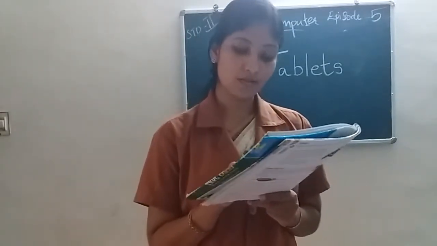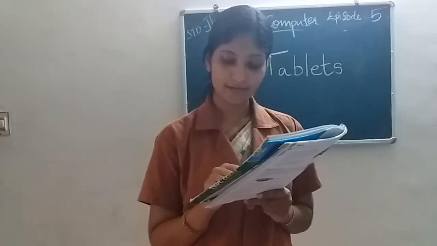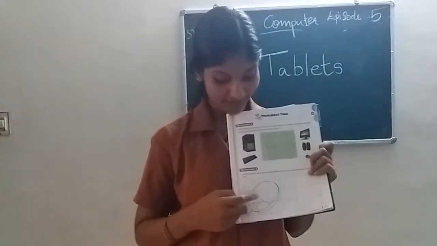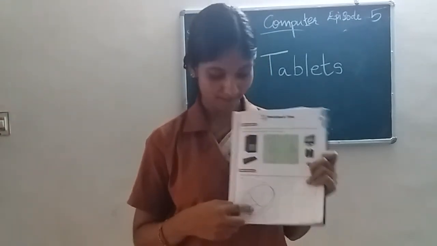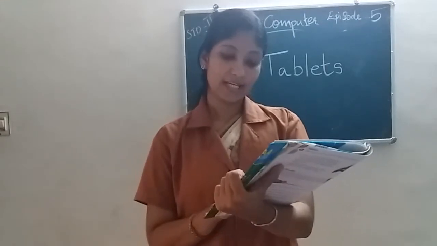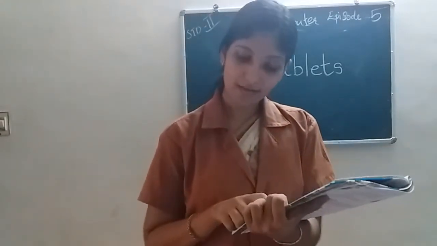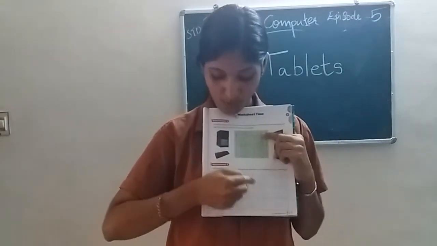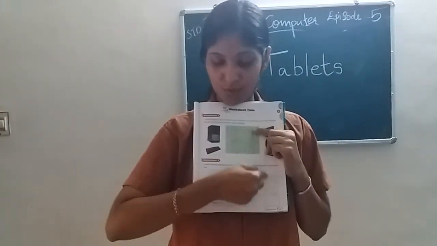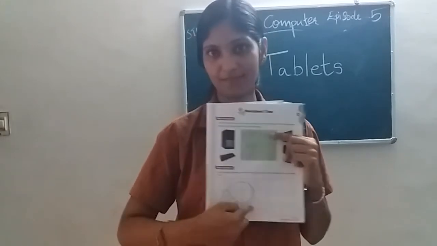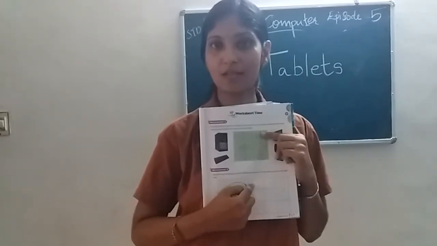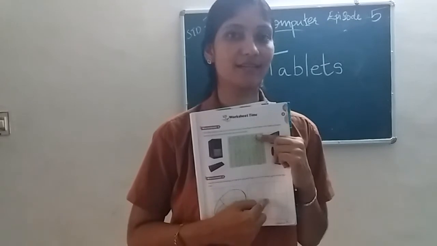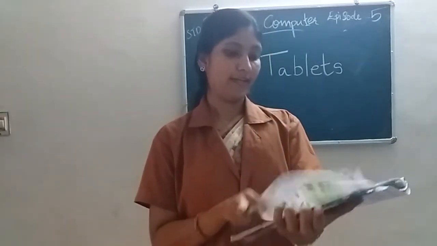See the mouse drawing on the left side. Can you see this picture? This is a mouse, right? And draw it on the empty grid on the right side. So you have to draw this mouse into this empty grid. So draw a picture of mouse in this empty grid. Okay.